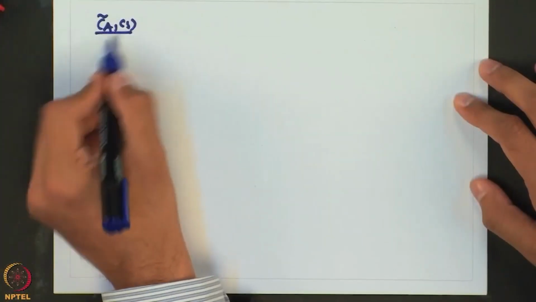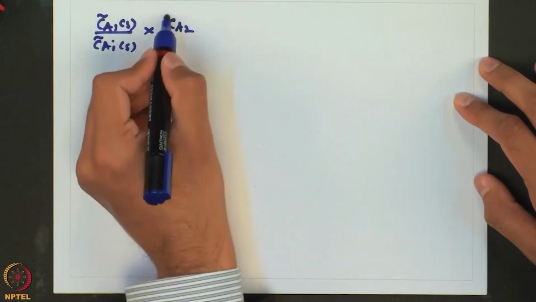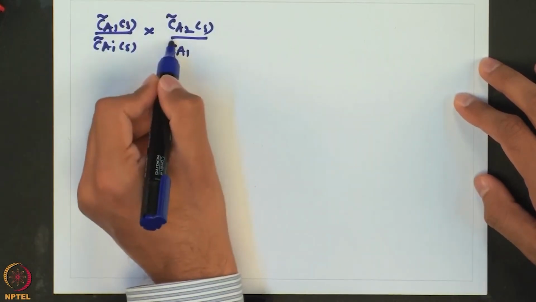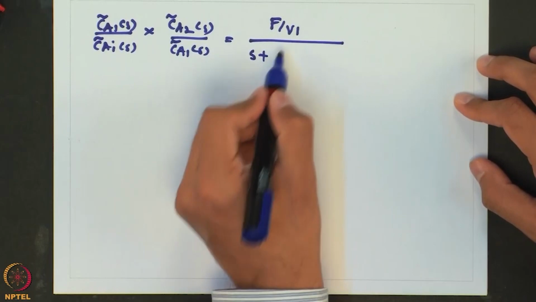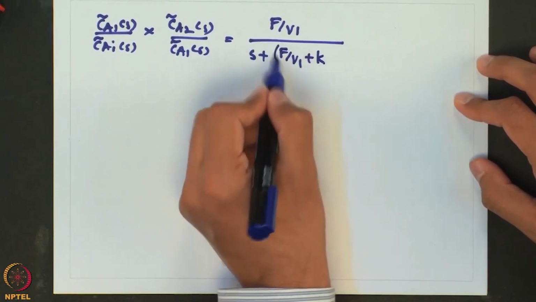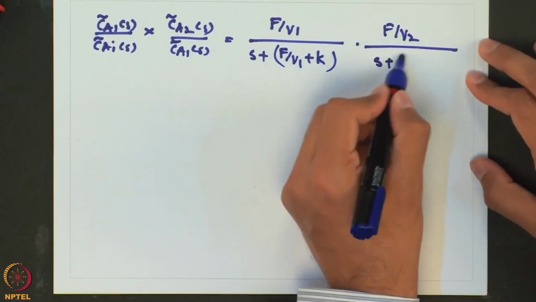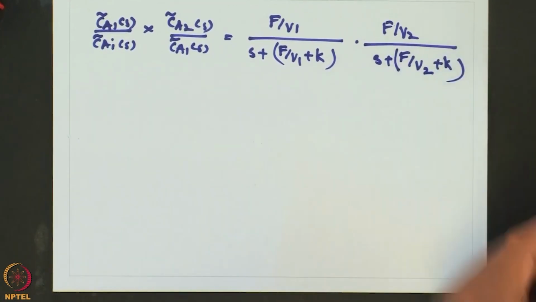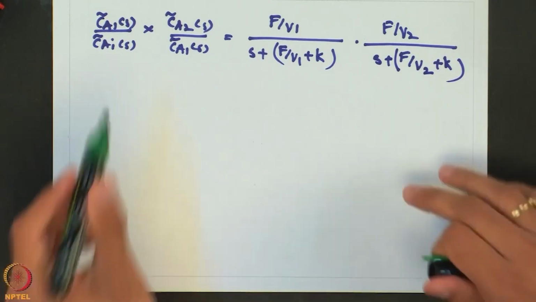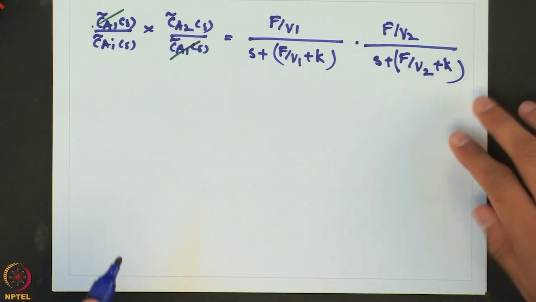So, we are going to get the product, and you can see that these two terms are going to cancel, and the final transfer function we get